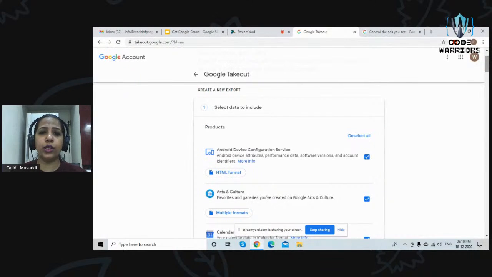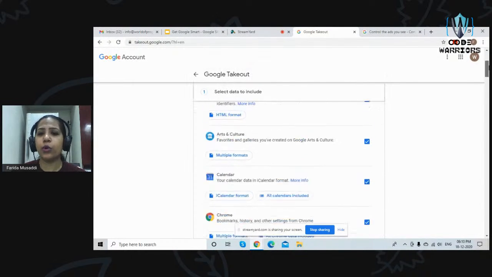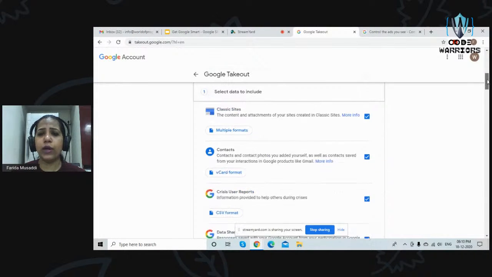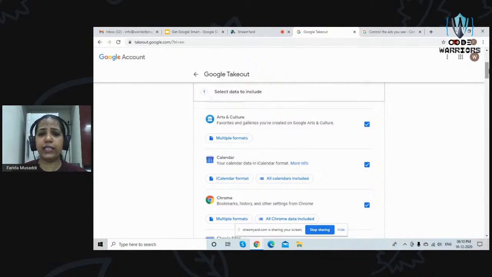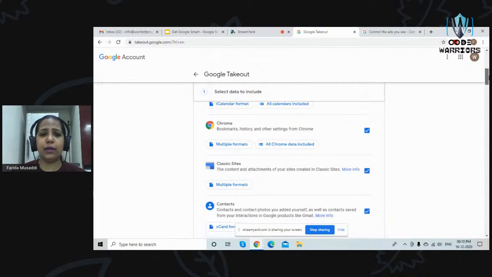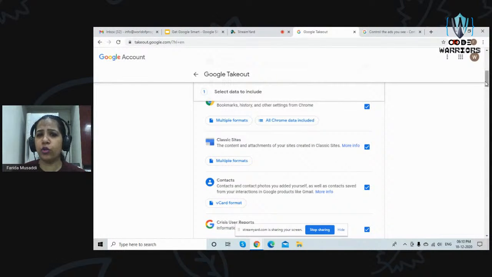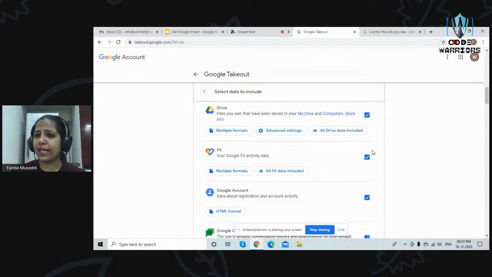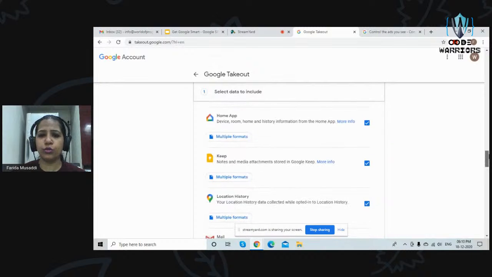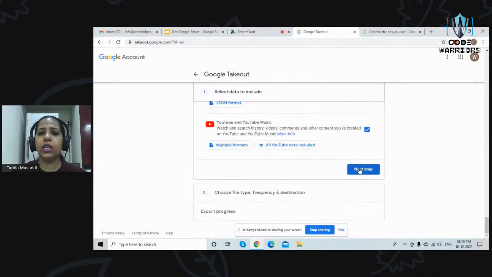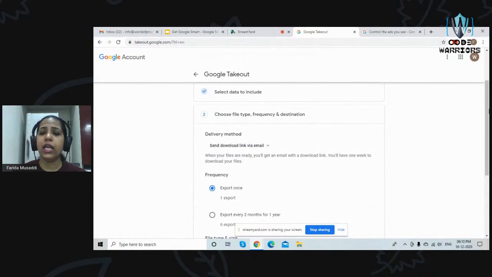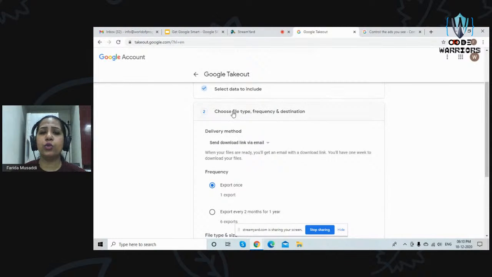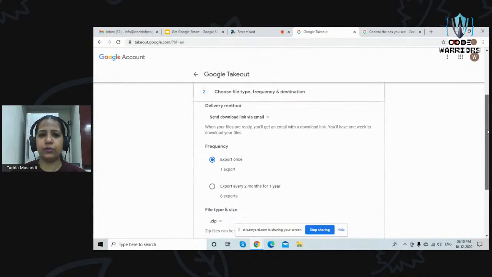So when you go to download your data, step number one is select what do you want to download. Now over here you have so many things. You may not find all of this information relevant. For example, if I do not want to store my Google Chrome history, or I don't want to store my fitness activity, whatever you do not want, you can simply deselect all those options. Once you deselect the options which you do not require and we scroll down, we come to the next step. In the next step, it is going to ask you to choose the file type and the destination.